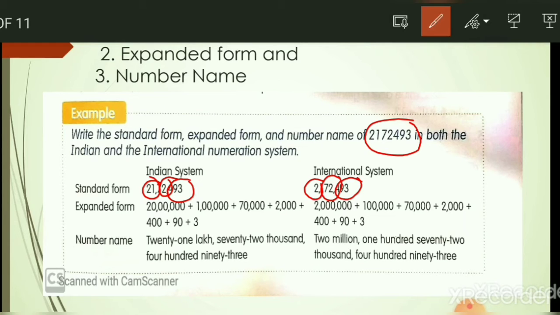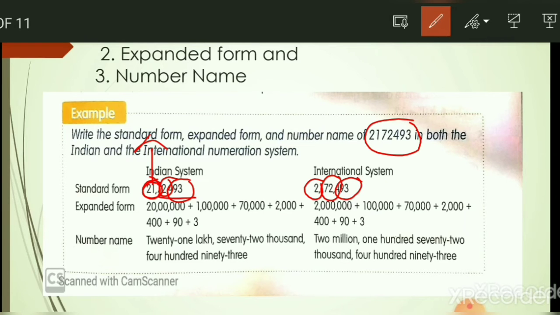So expanded form is nothing, the way you name it, that many zeros you have to put. For example, this is 21 lakh. So we know that in lakhs we have 7 zeros, right? In 10 lakhs we have 7 zeros. So this is